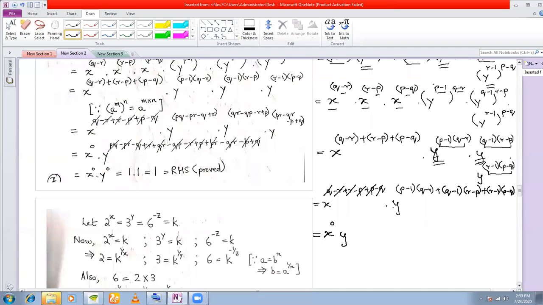The only part remaining is y. So what we do is we multiply these expressions. Okay. And see what happens. I get pq minus pr minus q plus r on multiplying this plus, and then again I'm multiplying these two. So I get qr minus qp minus r plus p. Keep this within brackets.